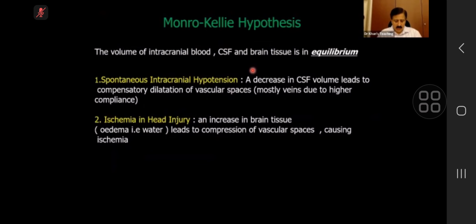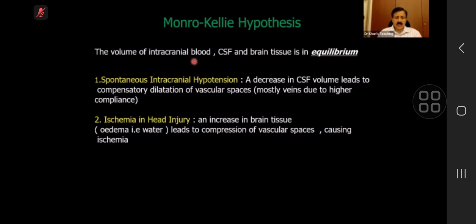In a dead brain, what happens? Monro-Kellie hypothesis has been asked in the exam, vis-a-vis, I showed you last time spontaneous intracranial hypotension. Also, why is there ischemia and head injury? This is another scenario. But basically, what happens is that